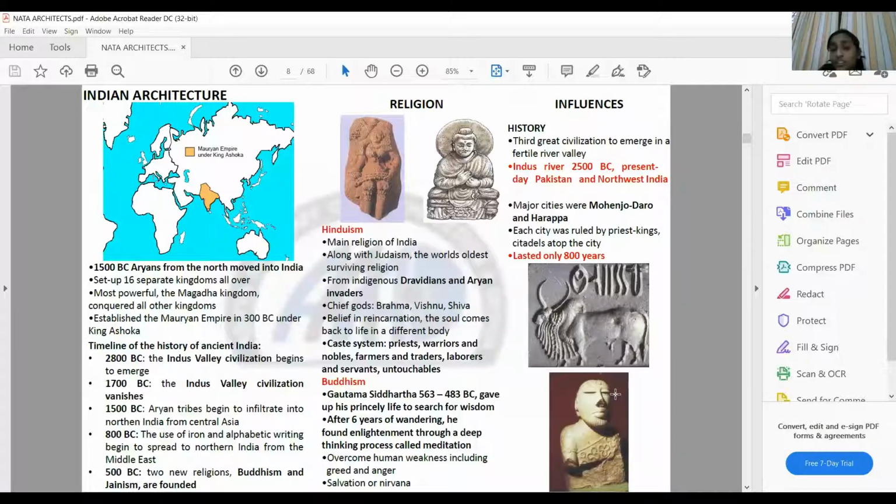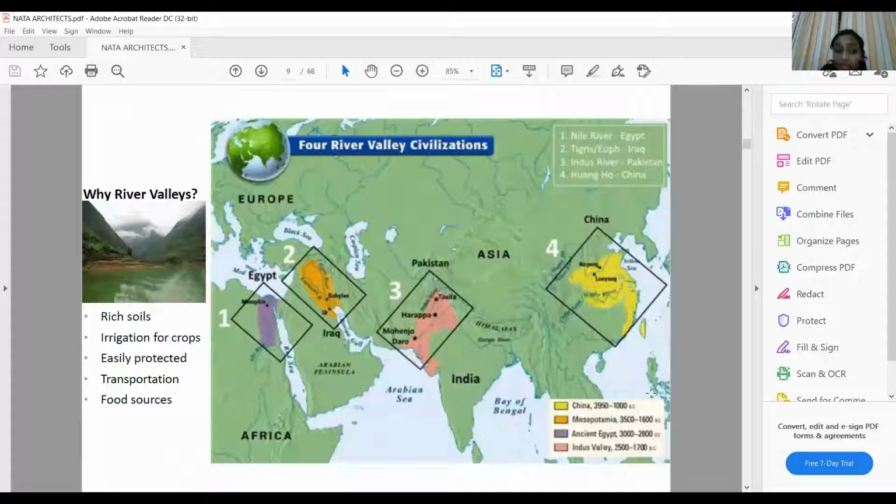One of the important civilizations that we'll study is the Indus Valley culture, and why they started settling down along the rivers. Mainly because it is rich in soil, it helps with irrigation facilities for the crops, it helps in easy transportation, and it also helps in good trading, right? So what were the different civilizations that took place? Along the river Indus, it was the Harappan civilization, Harappa and Mohenjo-daro, also referred to as the Indus Valley civilization.